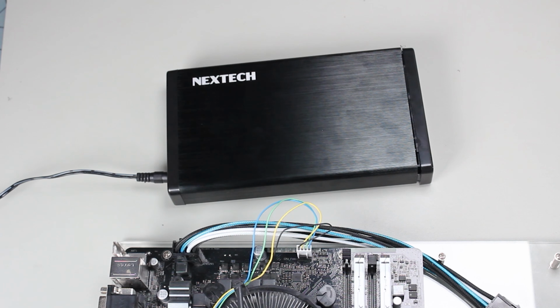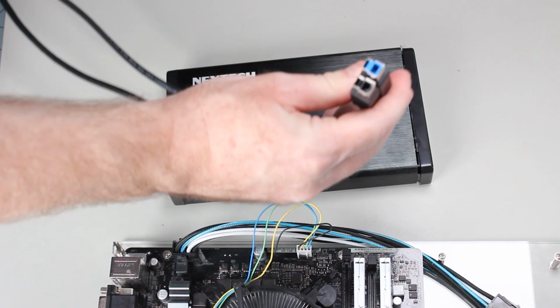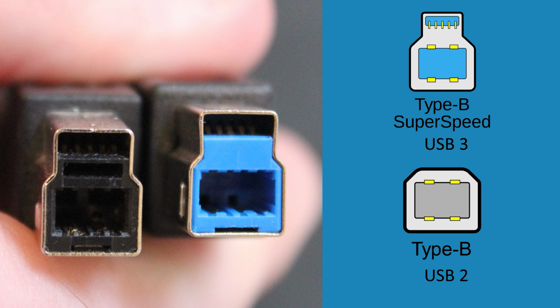Next, I need to plug the data cable in. I have two different data cables. You will notice that the connectors are the same, but they are of different colors. They are both USB Type-B connectors, and they are both USB 3. The USB 3 wires are at the top, and the USB 2 wires are on the bottom. You can see on the right a USB 2 Type-B connector. The USB 2 connector only includes the bottom part and not the top part.